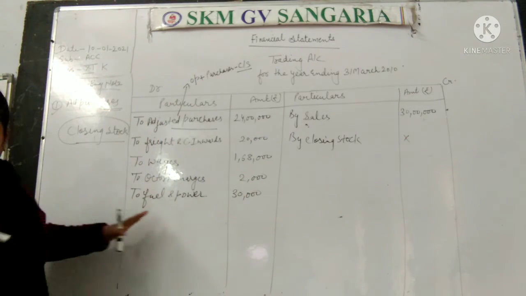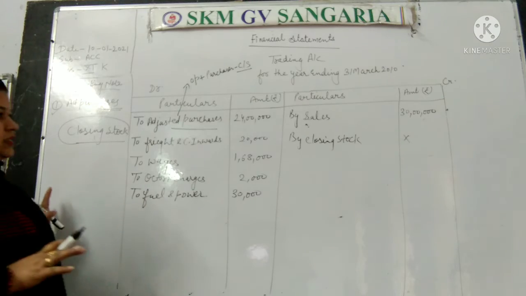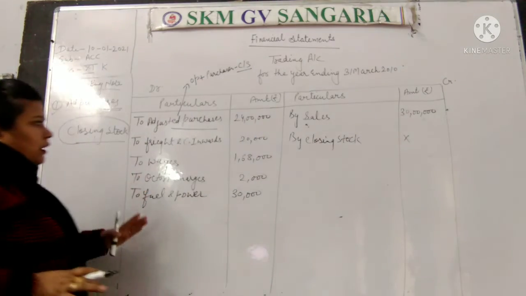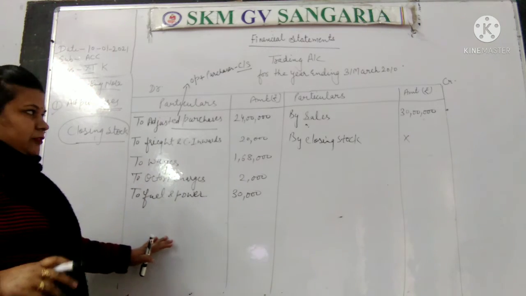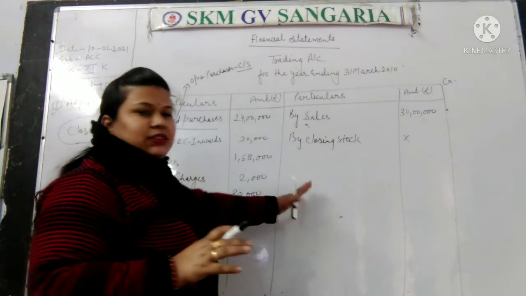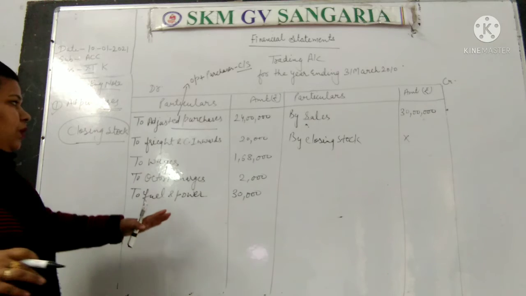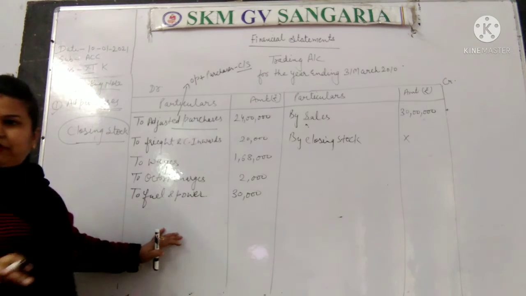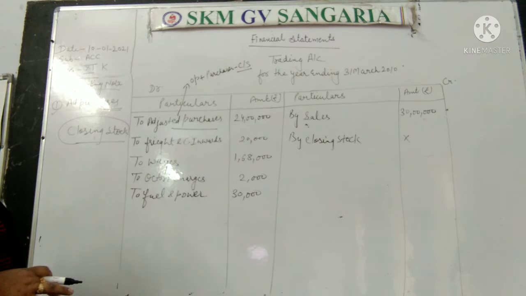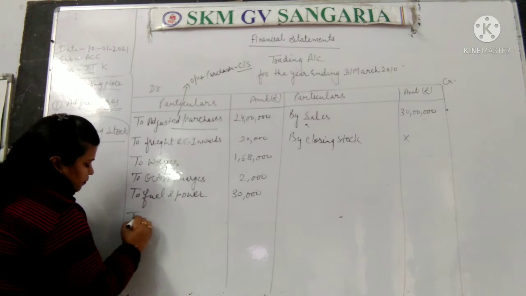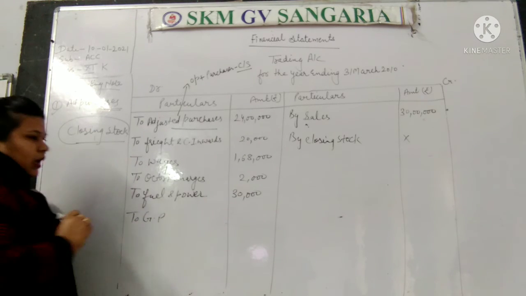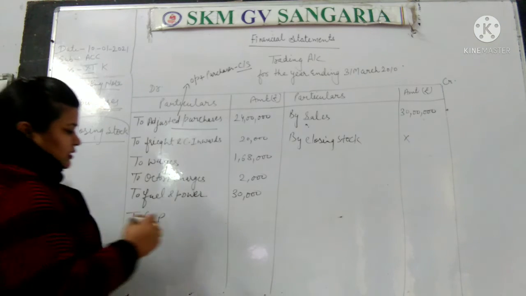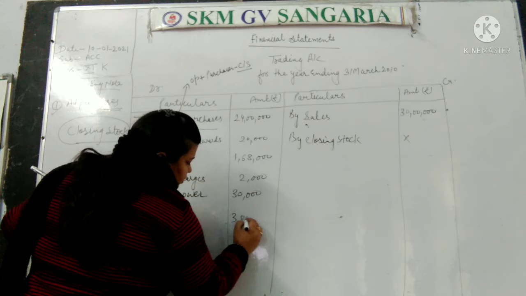Okay, so I think all the adjustments we have done. Yes, we have done all the adjustments. We will do the total of credit side, then deduct the debit side from the credit side. ठीक है, क्रेडिट साइड से डेबिट साइड को, जितने भी एक्सपेंसेस हुए हैं उसको लेस करेंगे. Okay, so what will be the result? The result will be the gross profit. Okay, the result will be the gross profit. Here we will earn the gross profit of rupees 3,80,000.